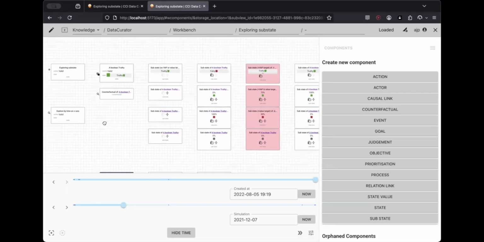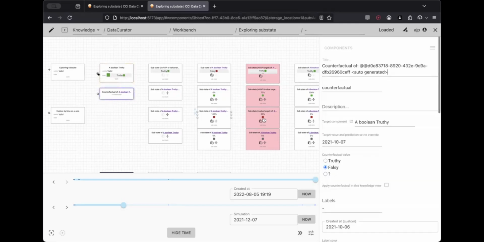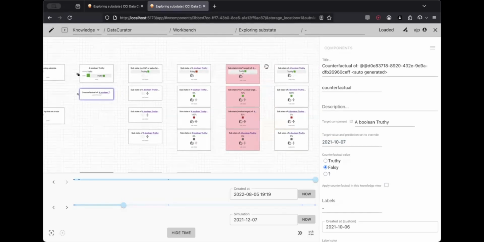And then I think the only other two things I want to show is counterfactuals. When we click on this one, it's going to activate a counterfactual of this at a particular point in time. So actually, let's just have a look at the counterfactual first. This is saying for this date here, the October one, we want to force it to be false. At the moment, there's a 70% chance of it being true, but we want to say, no, it's false. When we activate this one,